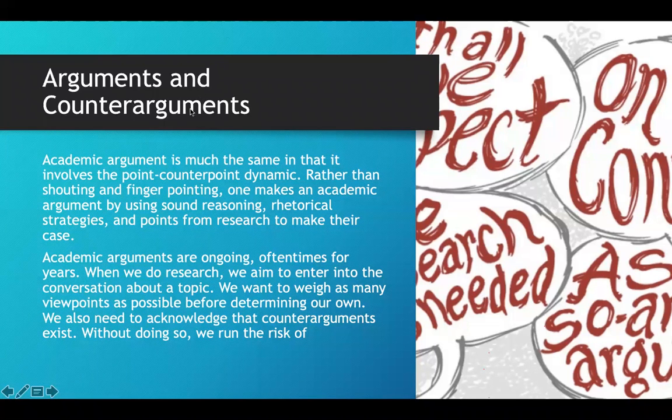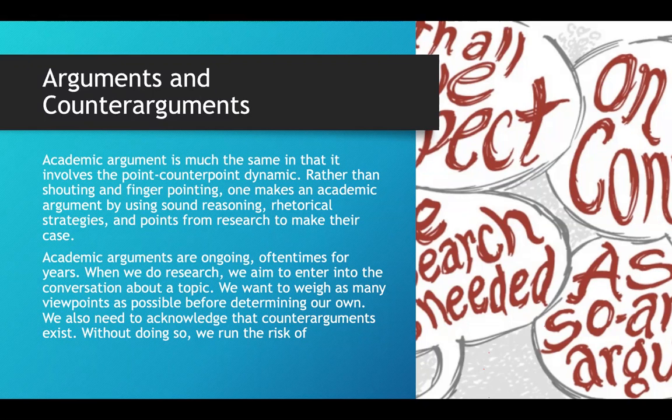Without doing so, we run the risk of what? We run the risk of writing an argument that is not fully fleshed out, not fully formed. One that might be considered invalid because it doesn't weigh all of the viewpoints that exist out there. So what I want to touch upon here is this idea that we are entering into academic